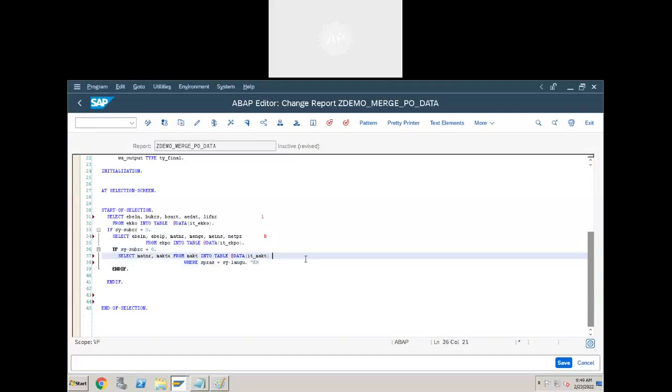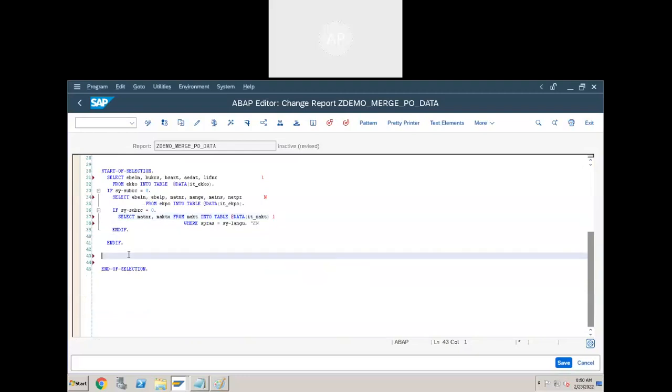This is also one here based on the where condition. For each material, we can find only one record in MAKT because we are searching by language also. Is it clear? Yes. Now we need to write the loop statement on the n table, that is it_ekpo.